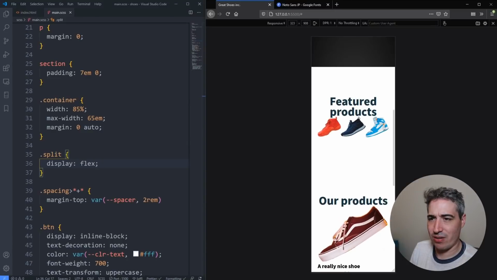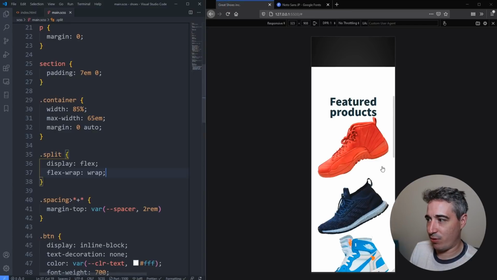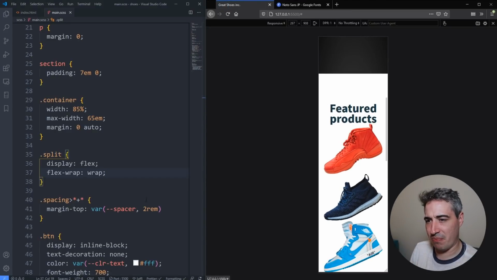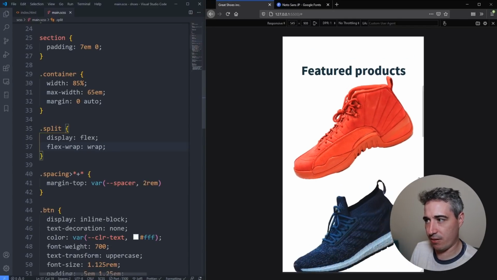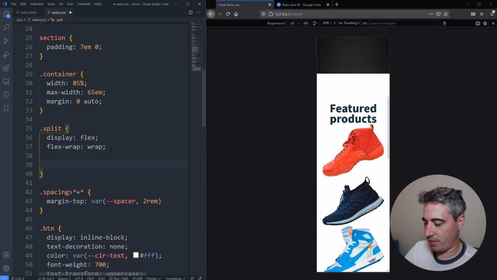But ideally at small, I don't want to have columns. They should stack. And I don't really want to do this with a media query because I don't think we need one. So I'm also going to do a flex wrap of wrap, which means that if there's not enough room, instead of shrinking, the items will stack. But that's not exactly what I want because I want them to be columns here, but not columns here. So what we can actually say is we're going to use a nice,